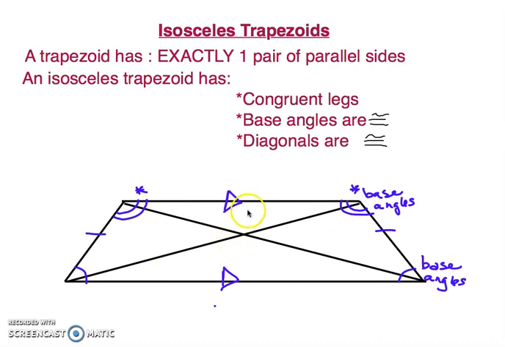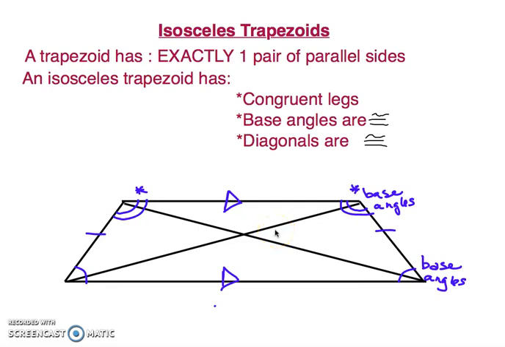The last thing in an isosceles trapezoid is that the diagonals are congruent, which means the length from here to here would be congruent to this diagonal, so this length from here to here. So the diagonals are congruent. Even though diagonals are congruent, that does not mean that they bisect. In a parallelogram they did bisect, but in an isosceles trapezoid the diagonals are congruent, but they don't